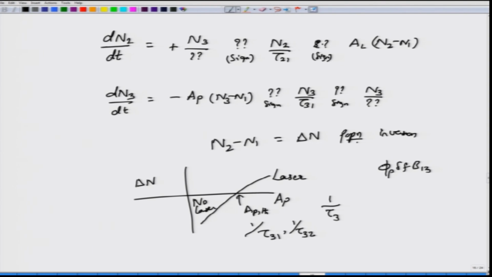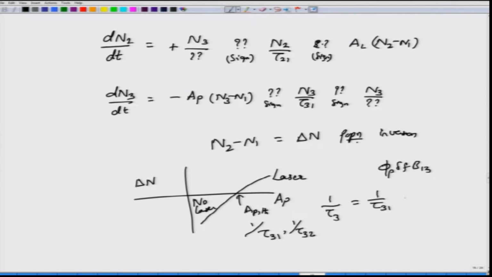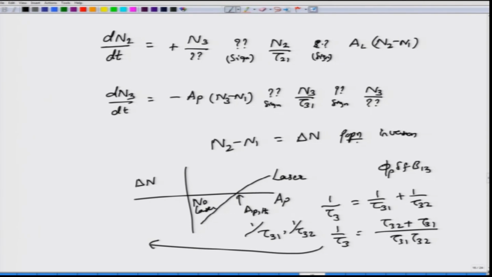Okay. So, you can define the effective lifetime of a photon, that is the characteristic time scale over which an atom at energy level E3 would decay down to energy level E2 or would decay down to energy level E1, as 1 by tau 3 equals 1 by tau 3 1 plus 1 by tau 3 2. This is like your parallel resistances being added, and this is given by tau 3 1 tau 3 2 divided by tau 3 2 plus tau 3 1. This is 1 by tau 3, or the effective lifetime tau 3 is given by tau 3 1 tau 3 2 divided by tau 3 2 plus tau 3 1.